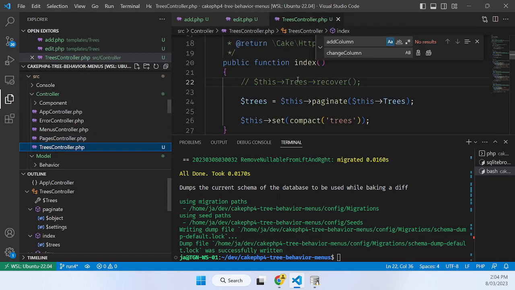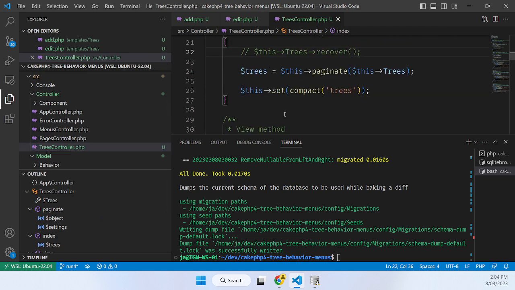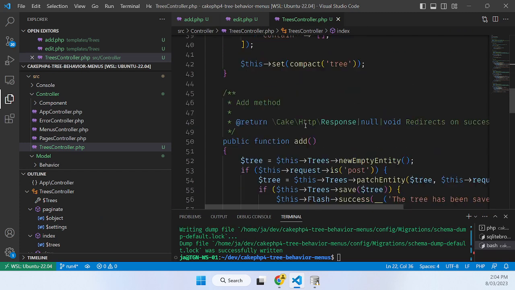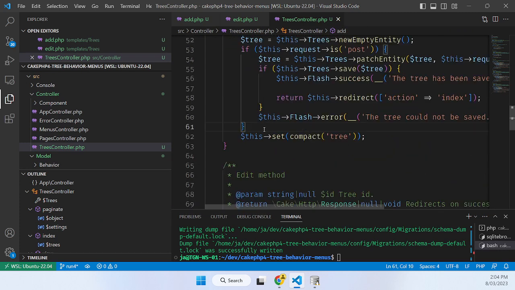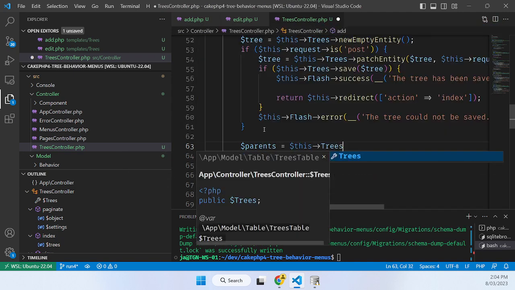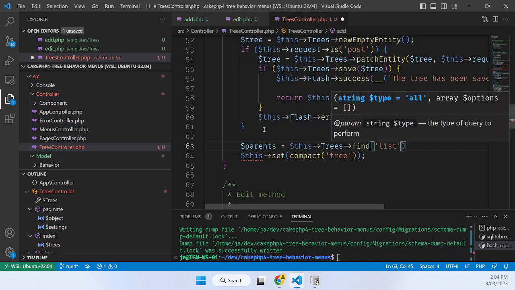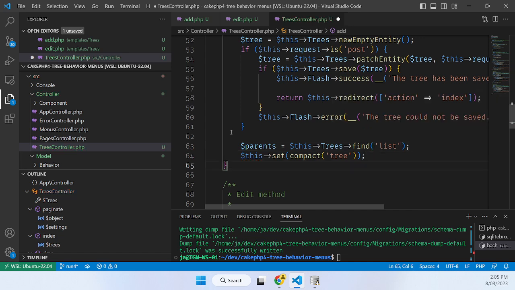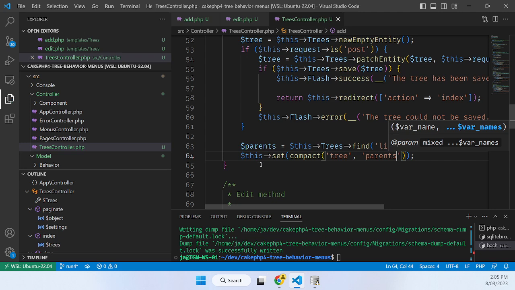src TreesController. We're going into the add method, and we need to say, okay, parents equals this trees find. We're looking for a list, and by default it will grab the name column and the ID field and return that. Let's have a look at this. This is the add column, so that's good. And then we just pass that through to the view,